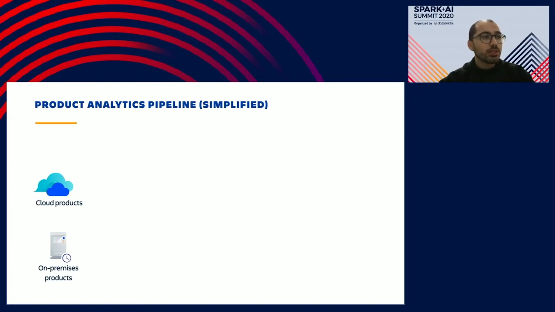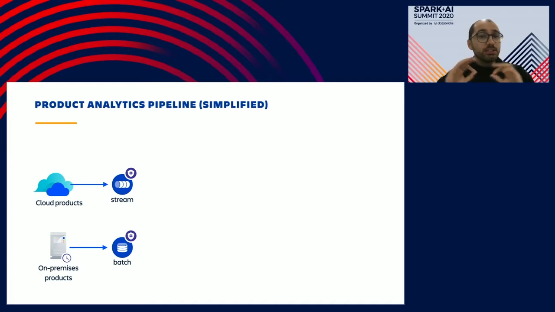And the way that we work is that we instrumented our products, both cloud and on-premise, to capture user actions that we can use to generate insight about the product usage. In our cloud products, the analytics data flows through a real-time streaming pipeline. And in our on-premise products, we accumulate the analytics data and send it once a day. But it's very important to say that we never capture anything sensitive, like personally identifiable information or user-generated content. Everything is secure and anonymized.